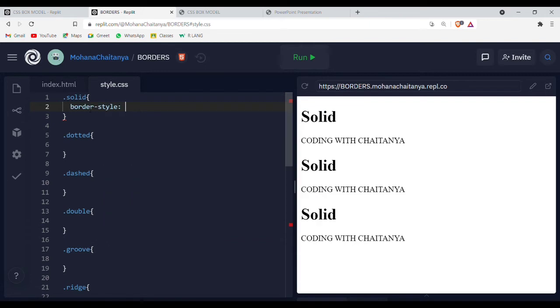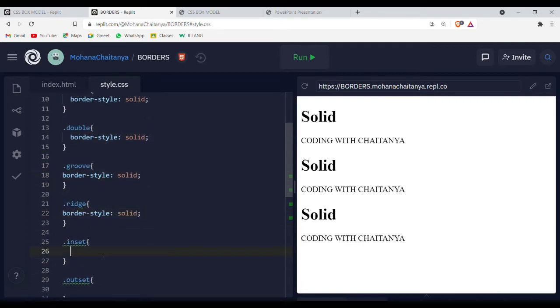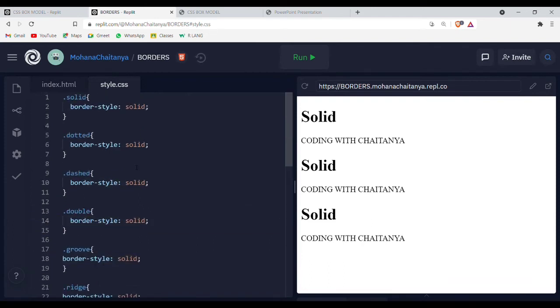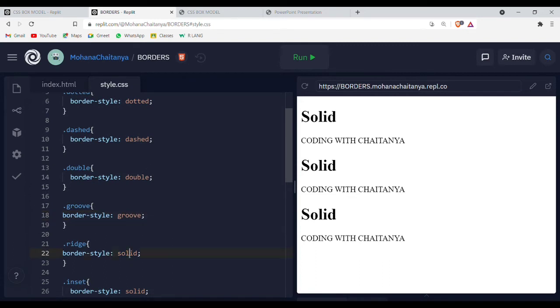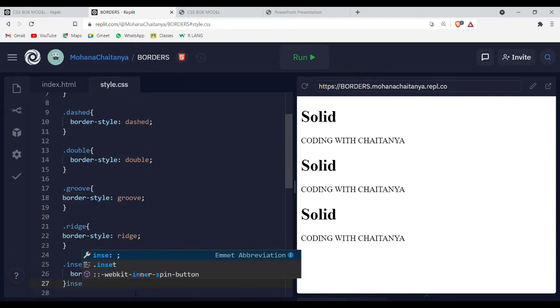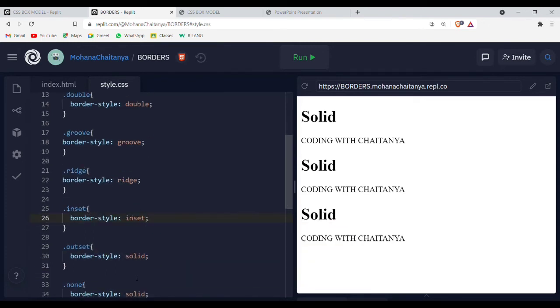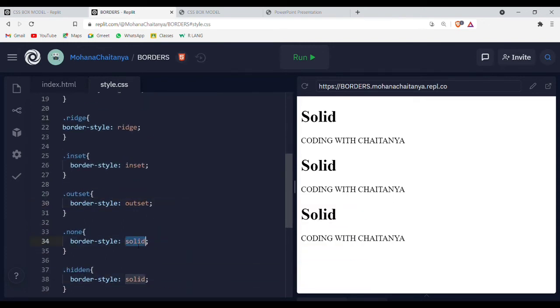Border style. Let's give solid, copy it. Change the border styles. Dashed, double, groove, ridge, inset, outset, none, and hidden.